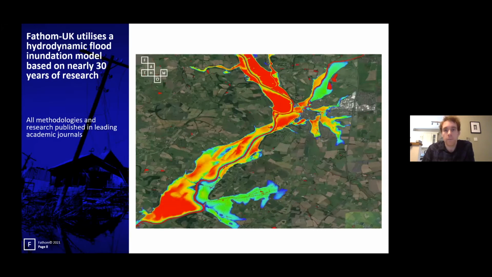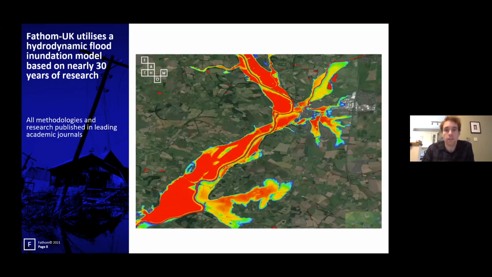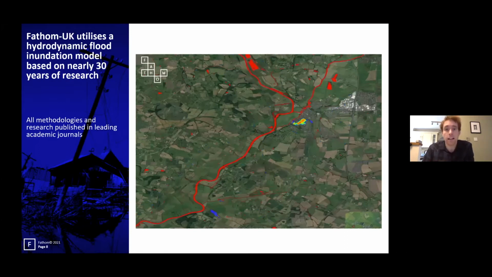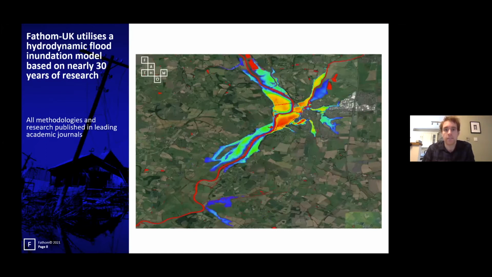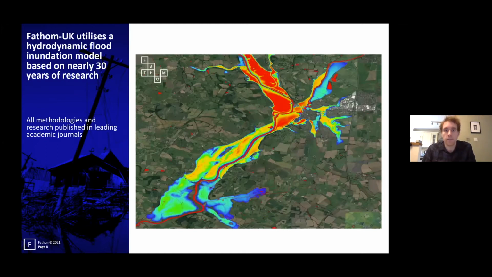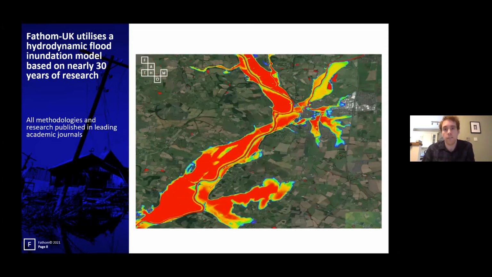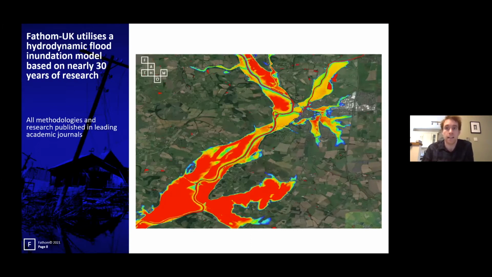And these model developments, alongside all our methodological approaches to modeling and model validation studies, are all published in world-leading, openly available academic journal articles. And this is really a key philosophy of us as a company: to have research driving our approach and to be as transparent and open as we can be. We believe this ultimately leads to a better product for users of our data and more transparency, so anyone who wants to use our data can understand it more.